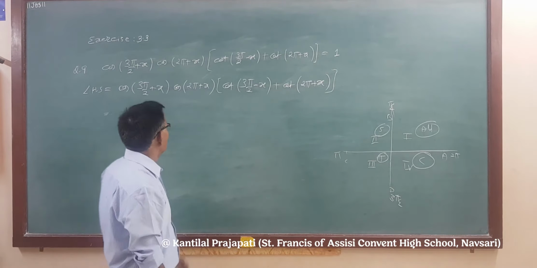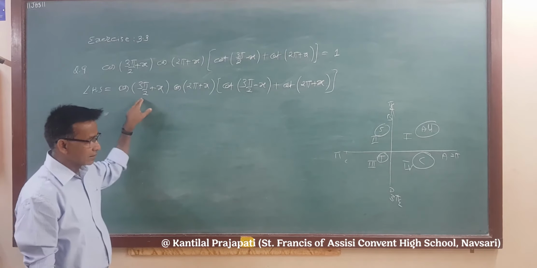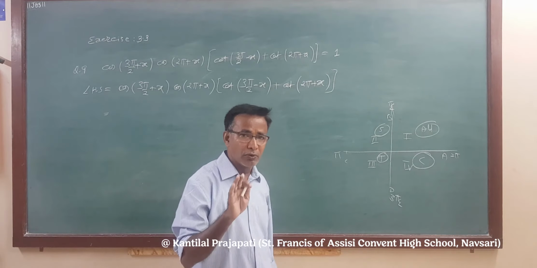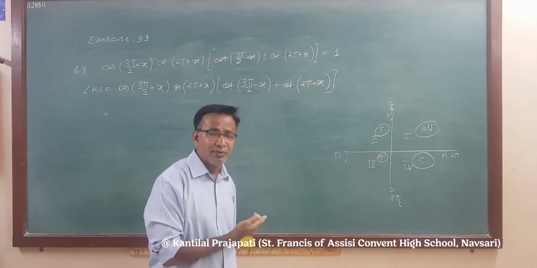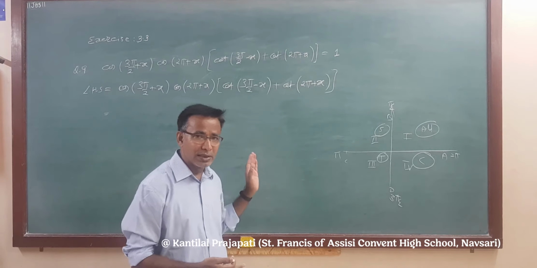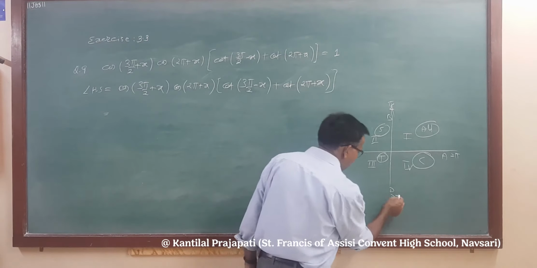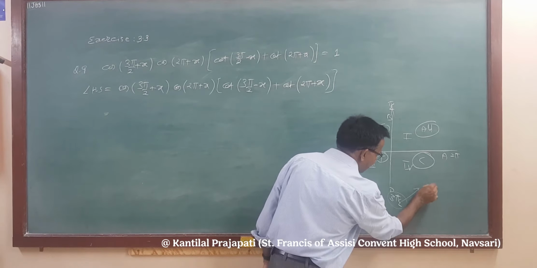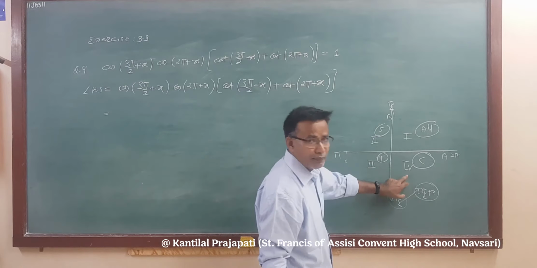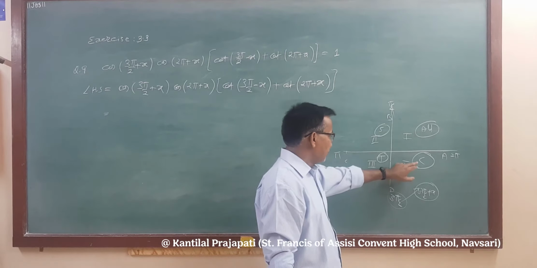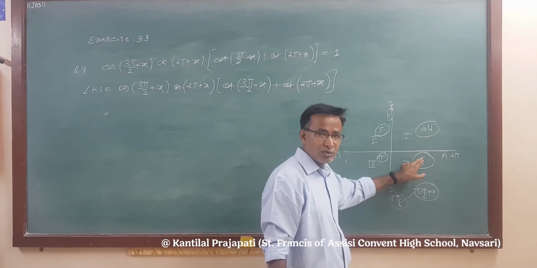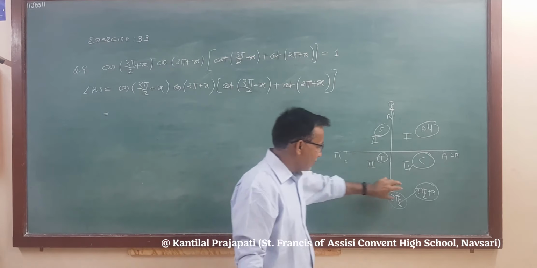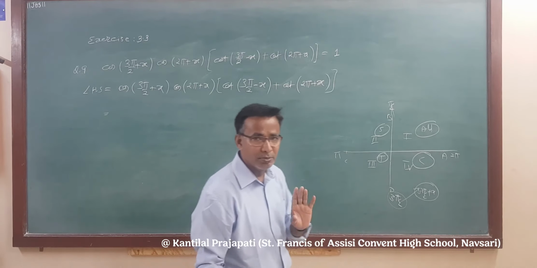Right. Now see the first angle, 3 pi by 2 plus x. So 3 pi by 2 plus, then we have to move in the anti-clockwise direction. If 3 pi by 2 minus, then we have to move in the clockwise direction. So the angle 3 pi by 2 plus x must be here, in which quadrant? In the fourth quadrant. In the fourth quadrant, which function is positive? C. C means cos and its reciprocal. The remaining four are negative. Second thing, at pi by 2 the function will be changed.